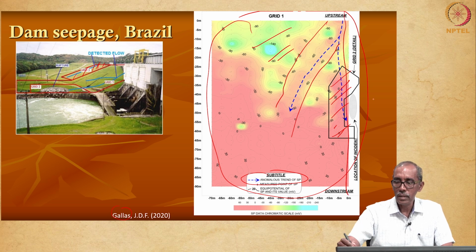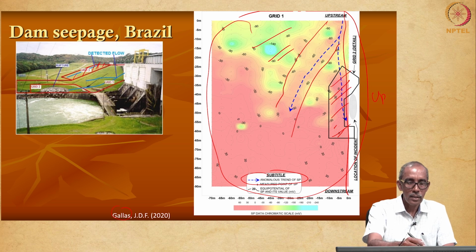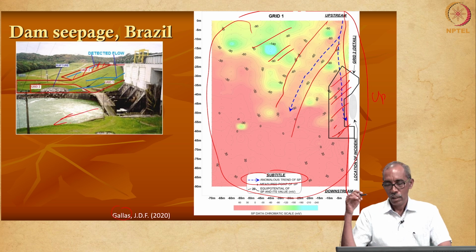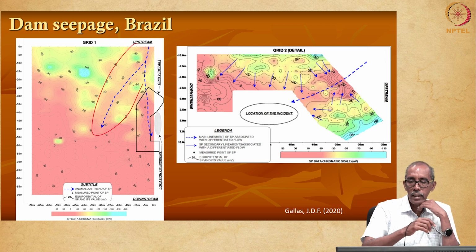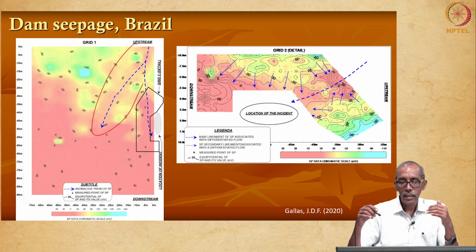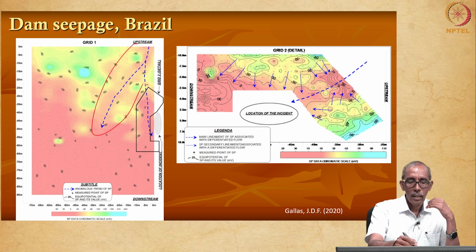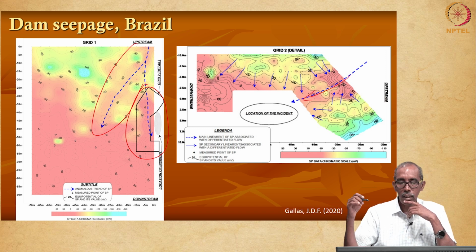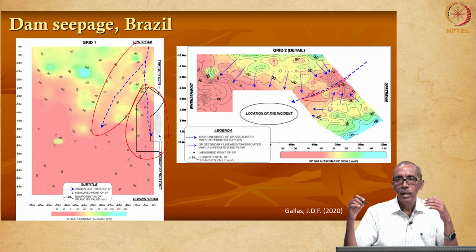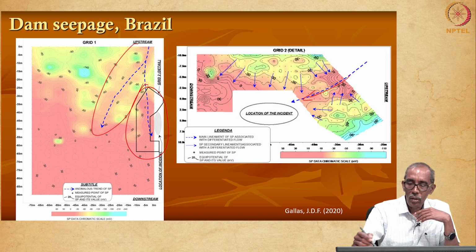So, this is the dam, this is the upstream side, this is the downstream side. Here you can see the spillway. This diagram we had seen already. Just across the dam, this is the location of the dam. Here you can see the locations along which there is likely to be a possible presence of a weaker zone along which the water tends to move through.